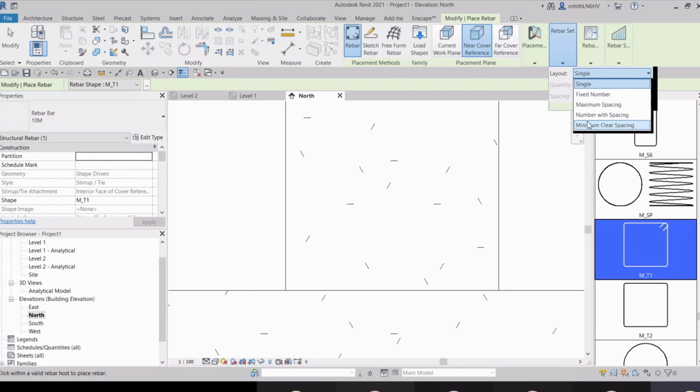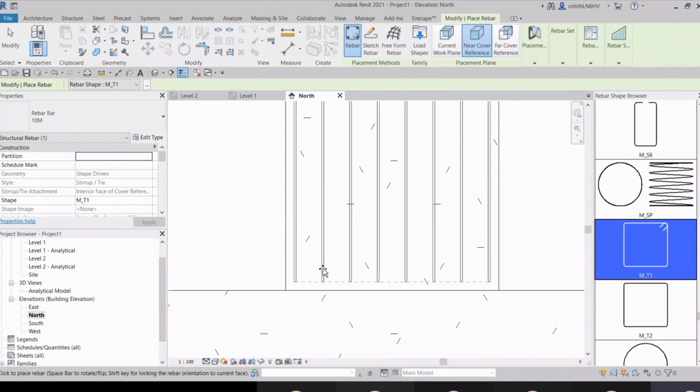We have these options: minimum clear spacing, number with spacing. So you can specify how many stirrups there will be and what the gap will be. You can provide that also. And for the maximum spacing, here we can specify like 150 mm.